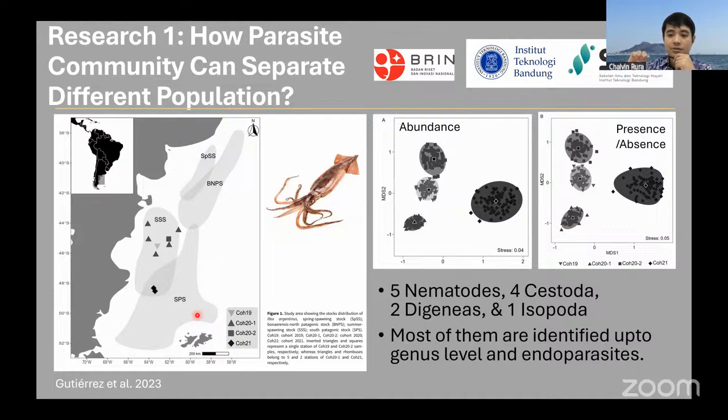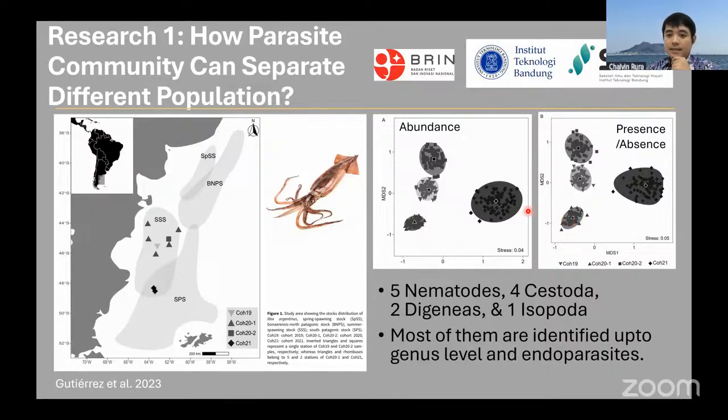So they already identified four stocks. They just want to confirm through parasite community. And the graph on the right is the NMDS plot. This one uses abundance, so they use the Bray-Curtis distance, while this one they use presence and absence, the Jaccard,